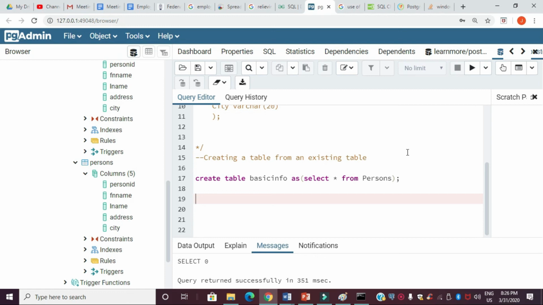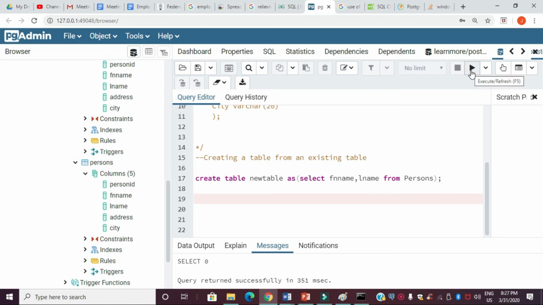Now let's check how to create a new table from an existing table by selecting particular columns. For that, you can use the same command, create table, give some other table name, say new table, as select. Instead of star, you can specify the column names. So I'm going to specify person ID, comma, f name, comma, l name from persons.